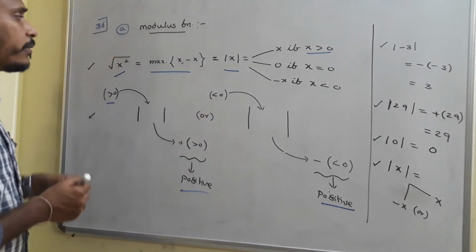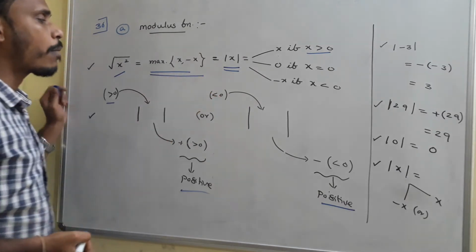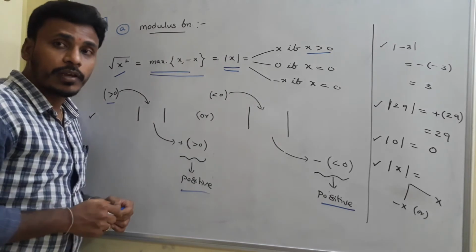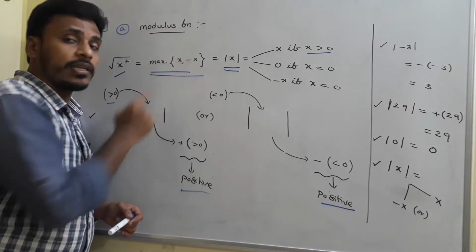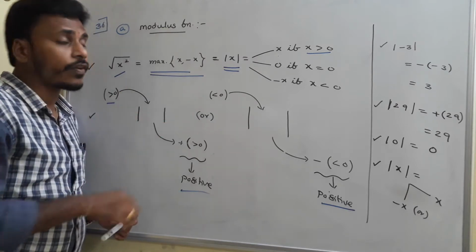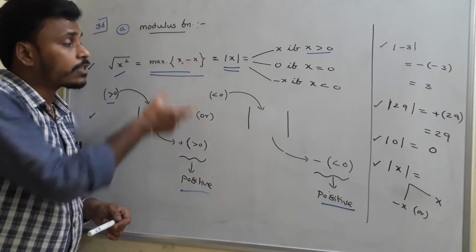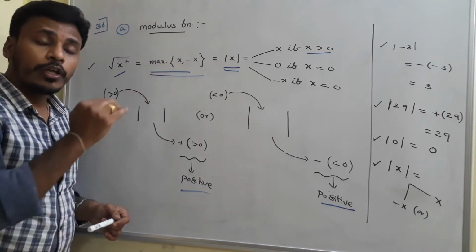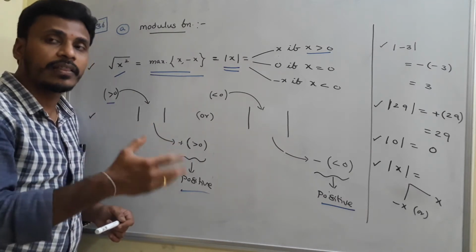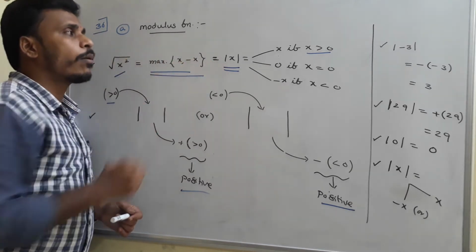Okay, and again, this modulus of x is again equal to maximum of x comma minus x also. Suppose if you take a number 3 in the place of x, maximum of 3 comma minus 3 is 3 itself, right? Whereas if you take minus 3 in the place of x, maximum of minus 3 comma 3, again 3 only. In the sense for this maximum function also, if you give any number to the x, it gives you the absolute value, again the same positive quantity. Okay, and root x square is again equal to modulus of x.